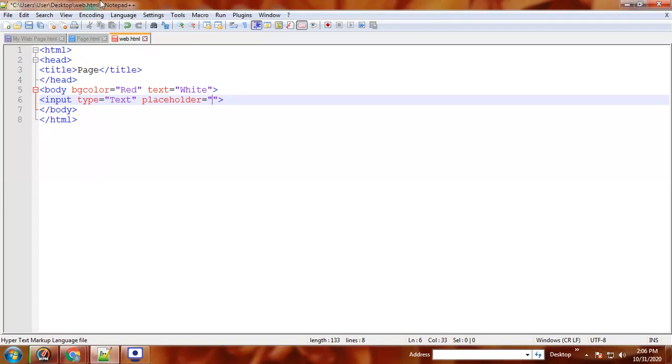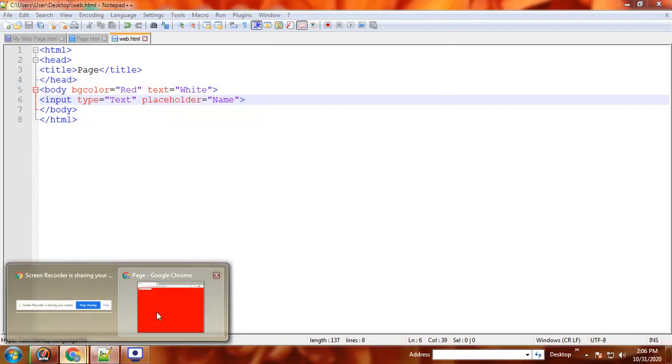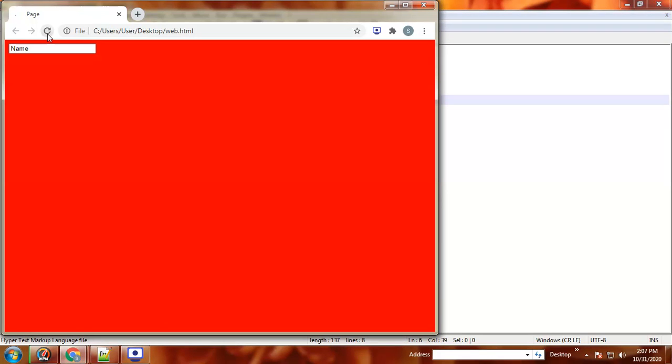Just suppose I am giving name. So file, save, refresh, name. If you write a word, this word will disappear. So this is given with placeholder.